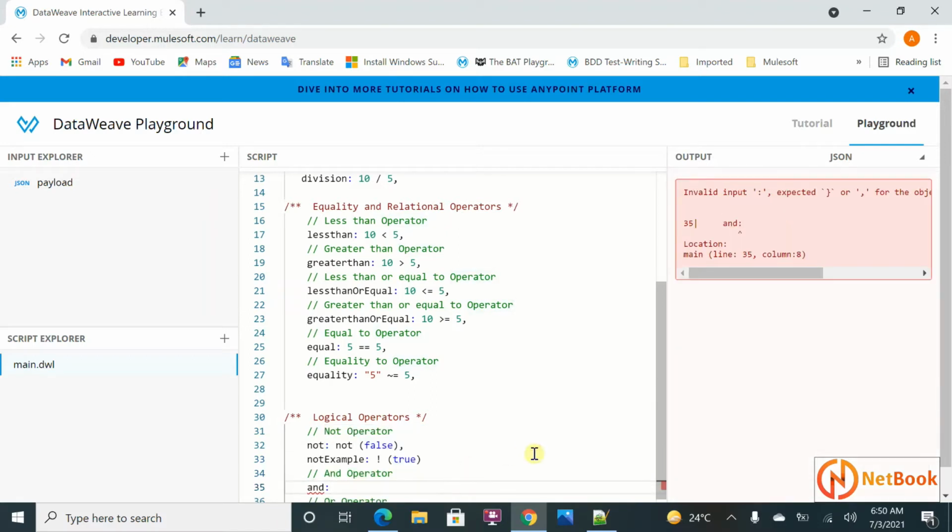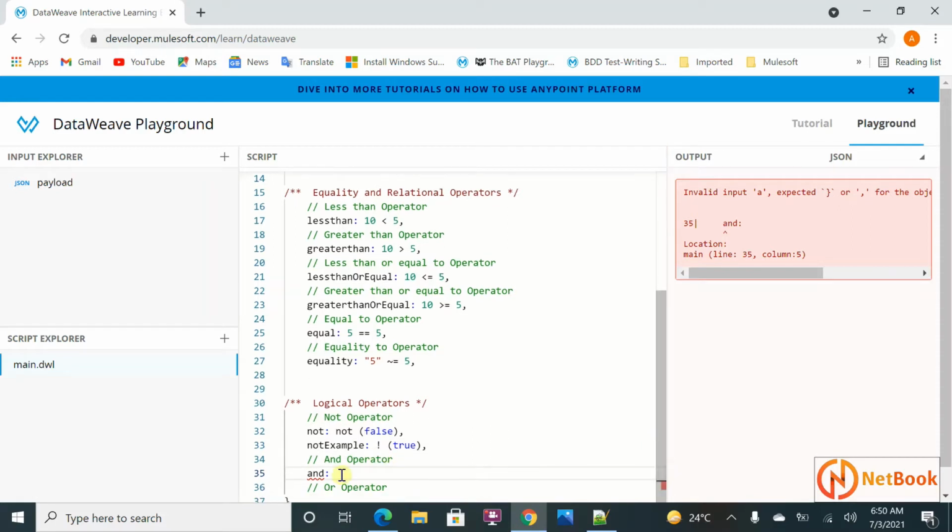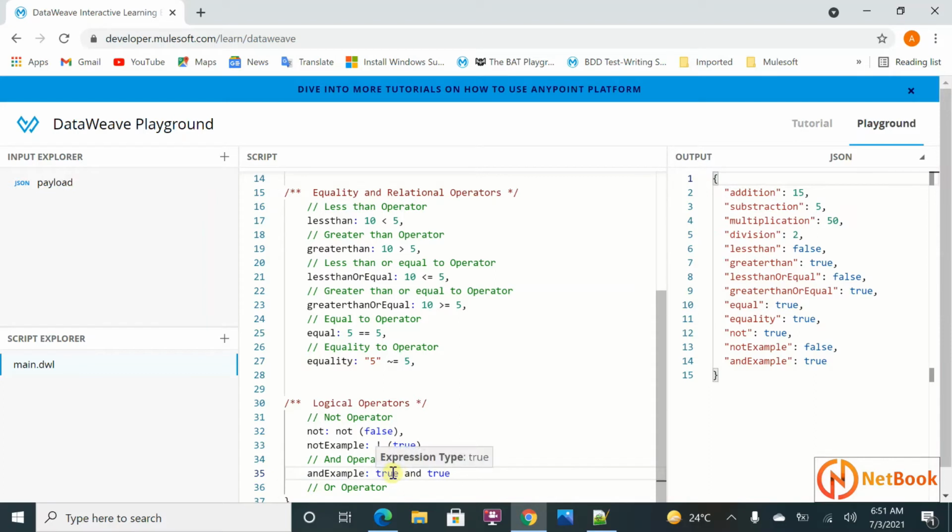The AND operator is mainly used in conditions over here too. So if we have two or more conditions and both are satisfied, then only it is going to return a result. I will say over here true and true. That is a keyword. True and true is going to return true. True and false is going to return false. That means both conditions should be satisfied. If both these conditions are satisfied, then only the result is going to return true. False and false, it's going to return false.